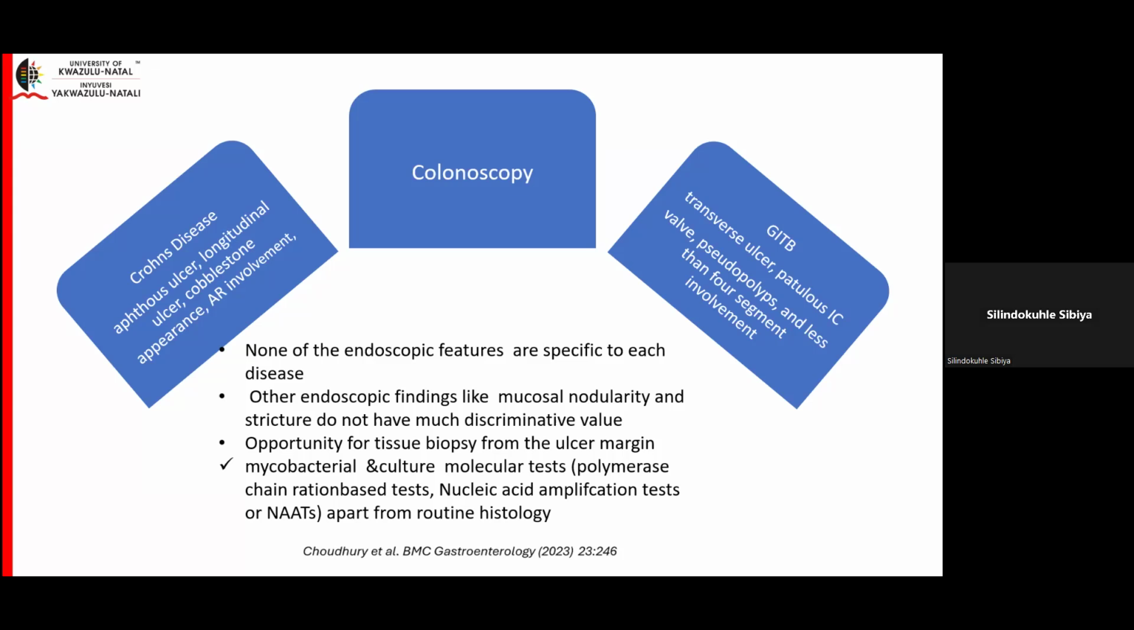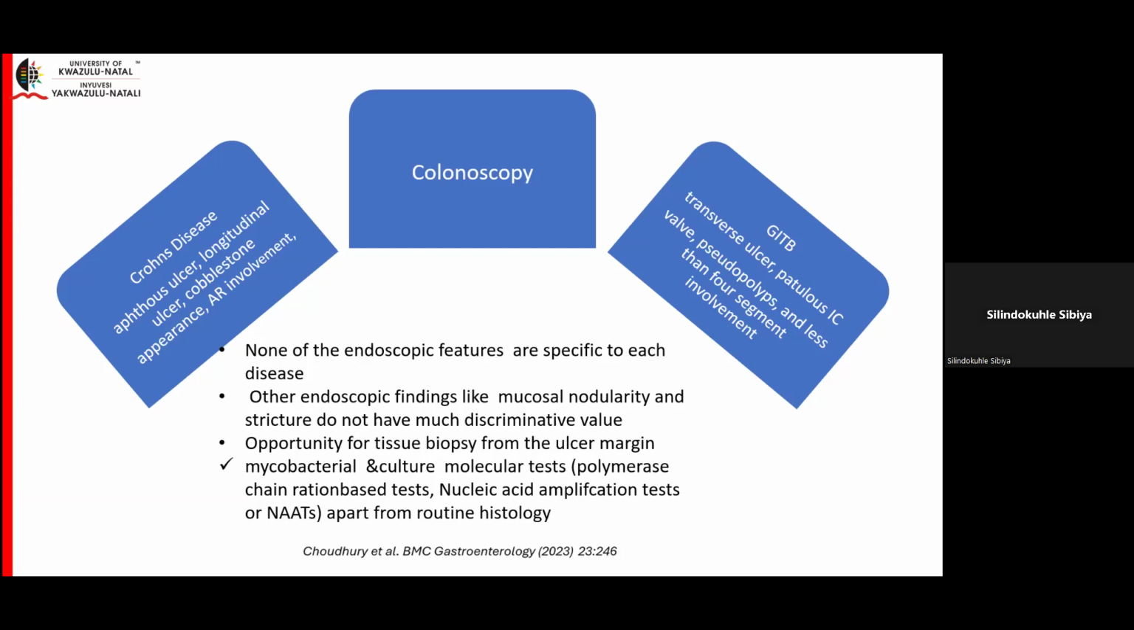While the features that may suggest this is TB will be transverse ulcers, a patulous ileocecal valve, pseudopolyps, and less than four-segment involvement. None of these endoscopic features are specific to each disease, and other endoscopic findings like mural nodularity and strictures do not have such discriminative value. What colonoscopy affords is the opportunity for tissue biopsy from the ulcer margin,